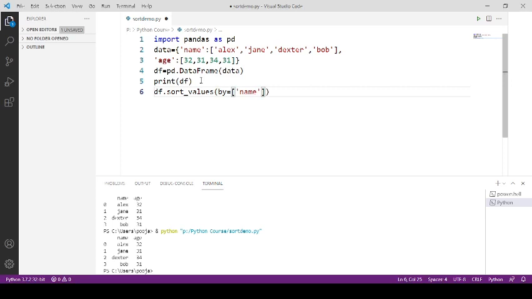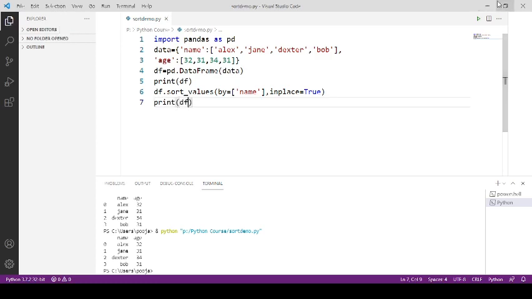So here I am going to sort data based on this name column, and I am writing inplace equals True, and you know how to use this inplace parameter, why we are using it. We want to sort data, and we want to change this existing data frame df only, right? So that's why I am specifying True to this parameter inplace, so it will change the original data frame only, and then I am printing the value of this df.